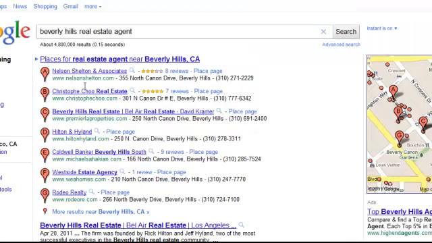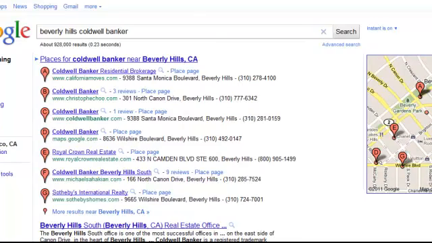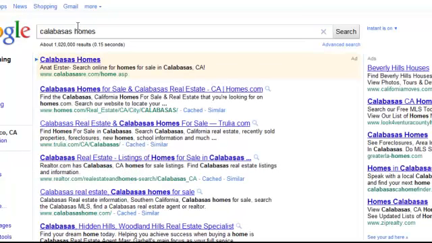And then another one here, Beverly Hills Real Estate Agent, on the first page here. And then another, Beverly Hills Real Estate Broker, on another first page there. I could pretty much keep on going. Another one, Beverly Hills Coldwell Banker. And I know I'm just on one Tizish member site, so let's just go to another one real quick,